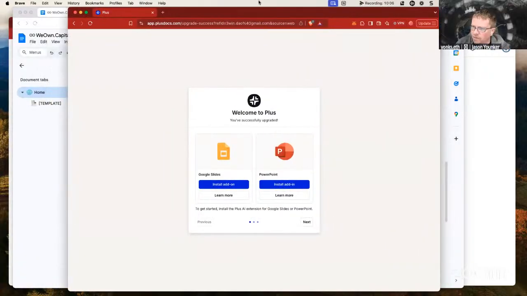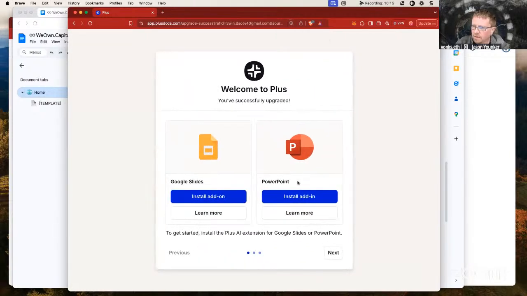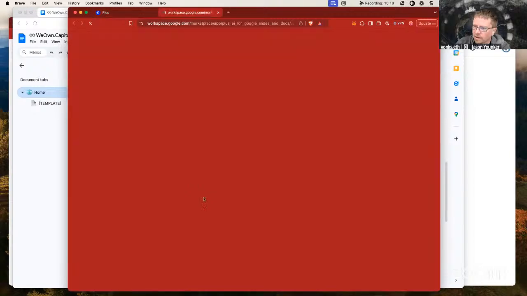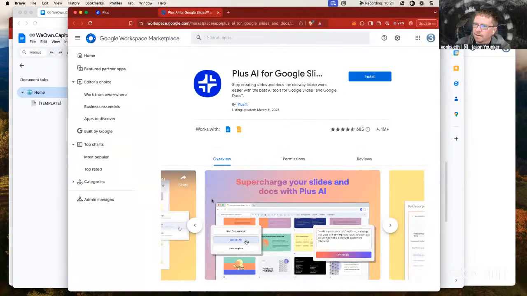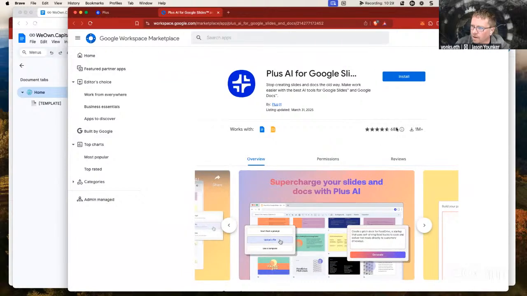All right, so welcome to Plus. You've successfully upgraded. So this is the next thing on the workflow, and I'll make this bigger for everybody here. So I'm going to go ahead and install the add-on. This opens up a Google Workspace Marketplace. And this is one of the things that I thought was pretty interesting, that it has 4.6 stars with 1 million downloads,